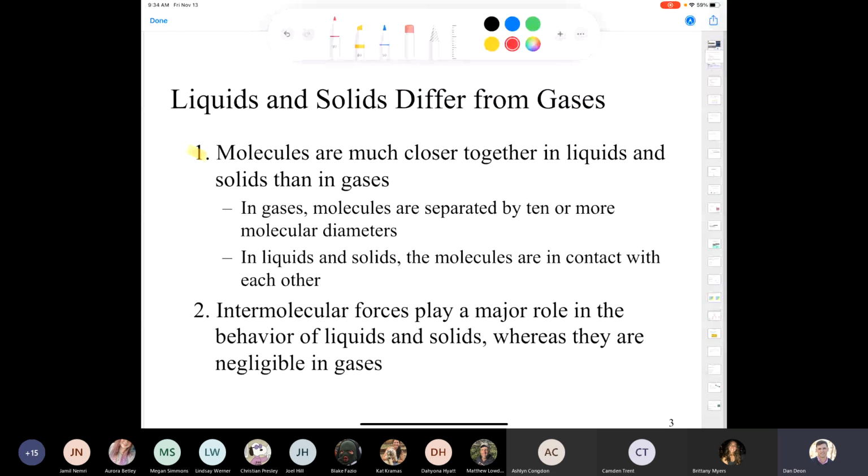Remember that we said that gases were mostly empty space. Now, if you look at a glass of water on the table, you know that that's not mostly empty space. There's no empty space in there. In liquids and solids, the molecules are all in contact with each other. It's that contact that we're going to talk about. That's what's so important. And that contact, what holds those molecules together when they're contacting each other, that's what intermolecular forces are. And intermolecular forces play a major role in the behavior of liquids and solids, whereas they are negligible